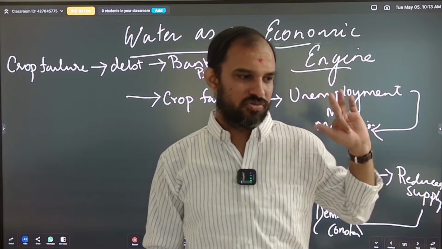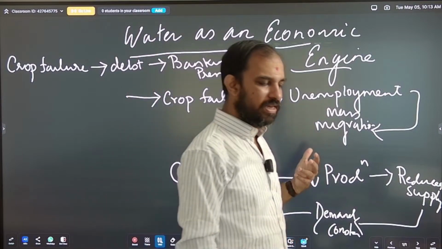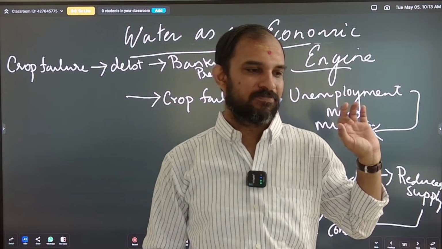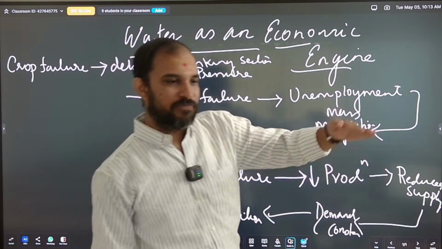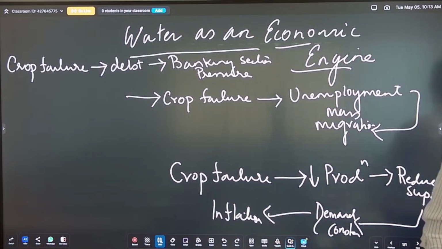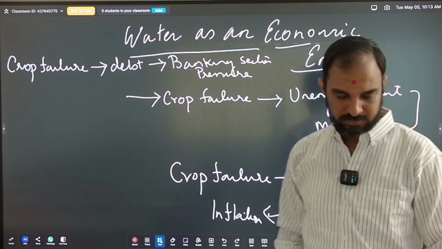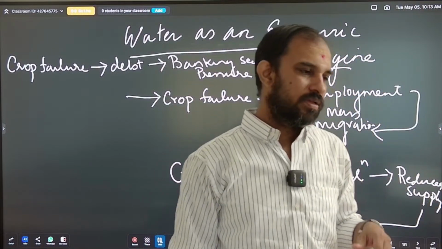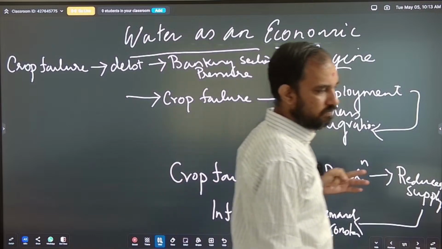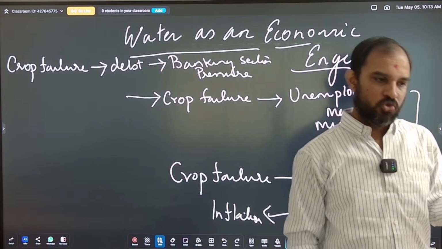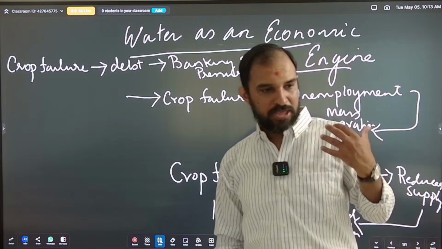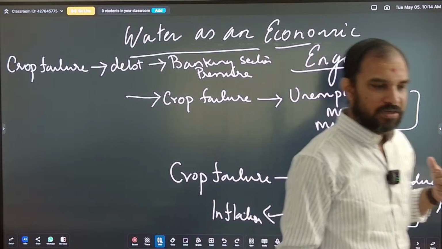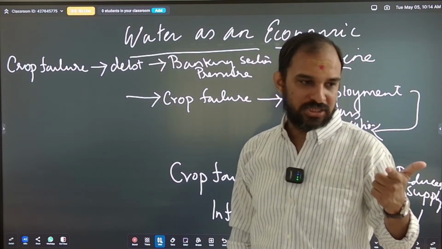Thus governments have to work in a way wherein they should maintain a minimum flow of river water by making dams, minimum flow of river water during dry season, during lean season, so that people can be meaningfully employed in terms of fishing, agriculture, tourism,